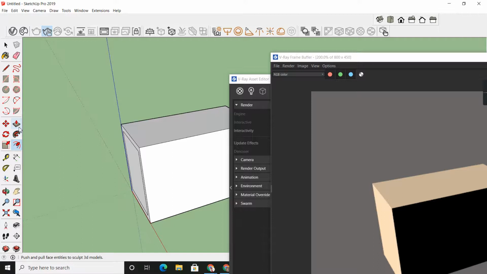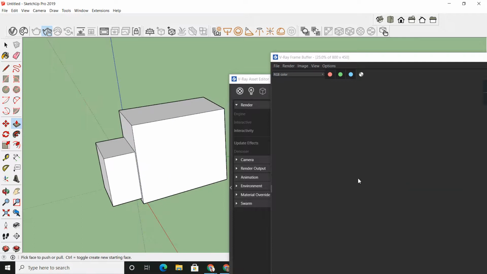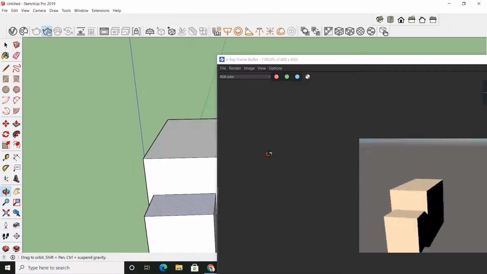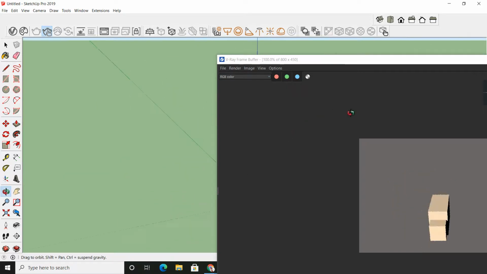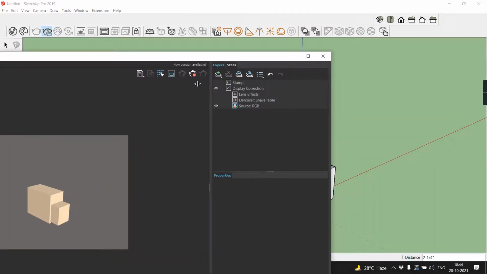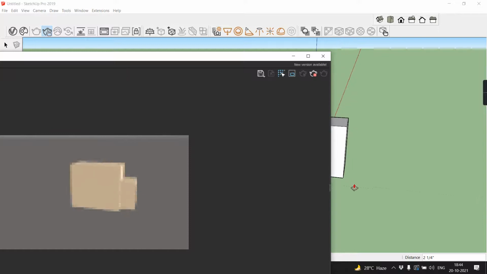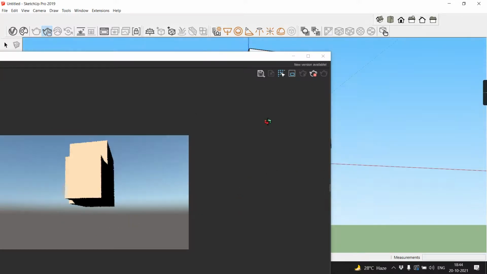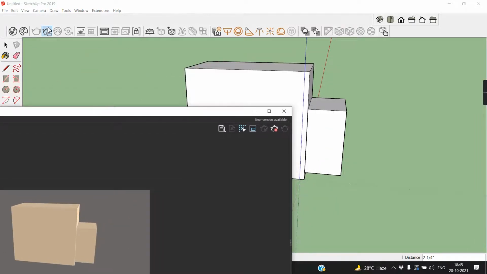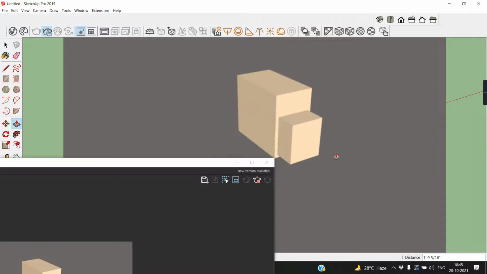In fact, if you are working, look at that. This is interactive render. If you want to stop, you can stop. If you want to play interactive again, you can play. You can switch here. If you want to render the viewport, just click viewport and render on viewport. Whatever you change on the viewport, you will get.